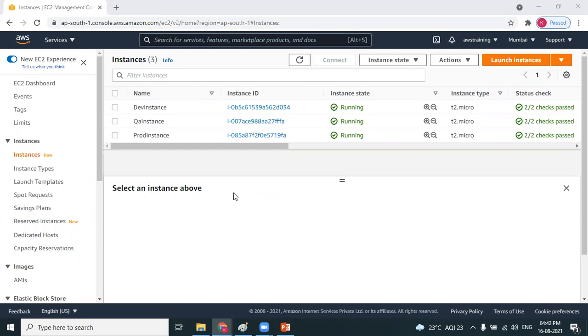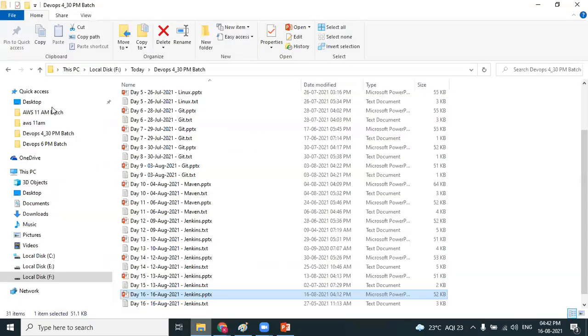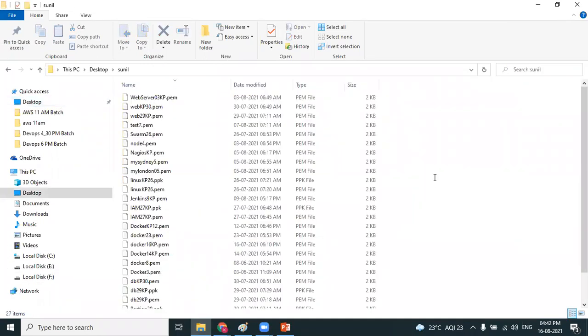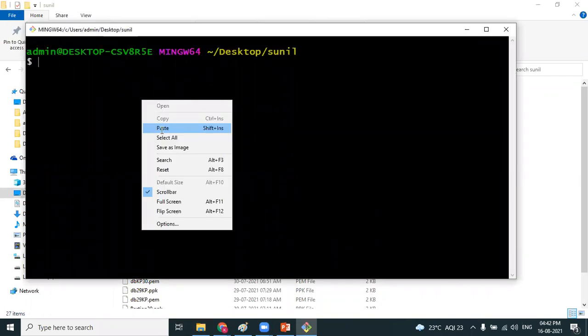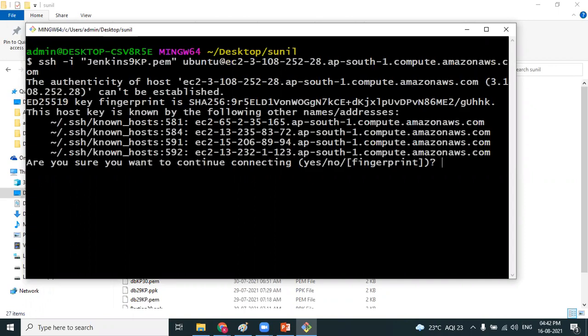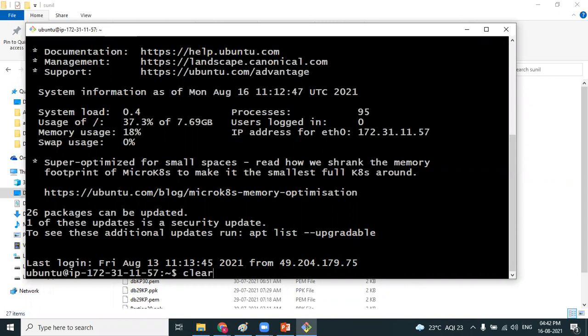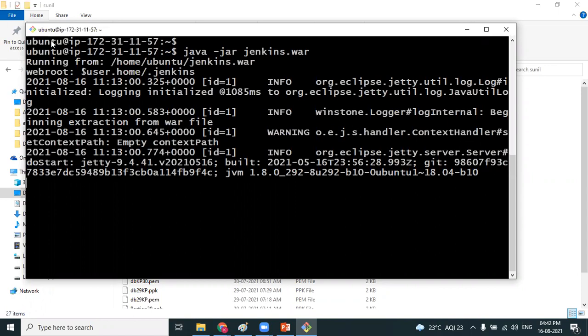I want to log into Jenkins. So first I connect to starting Jenkins.